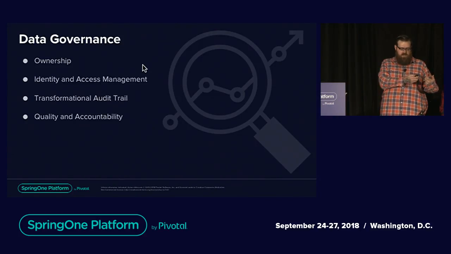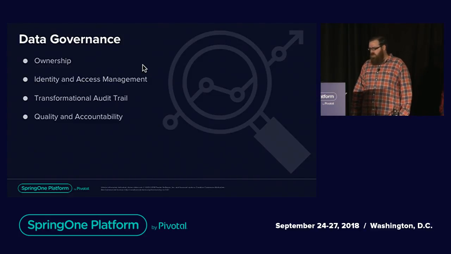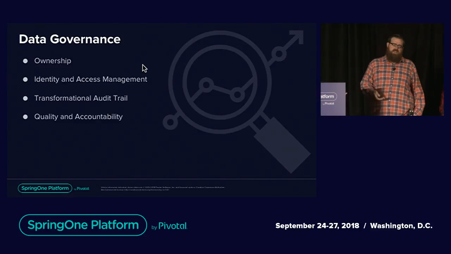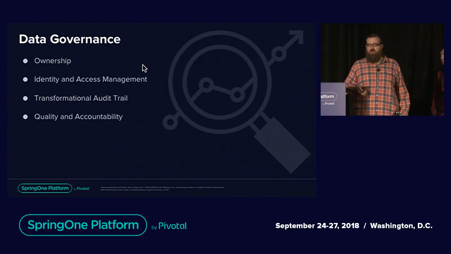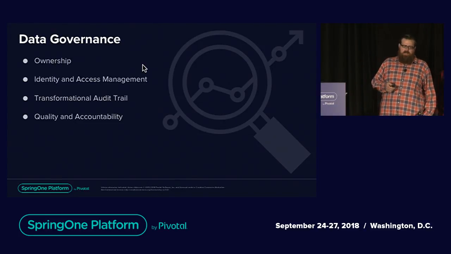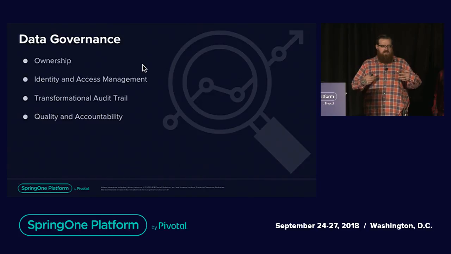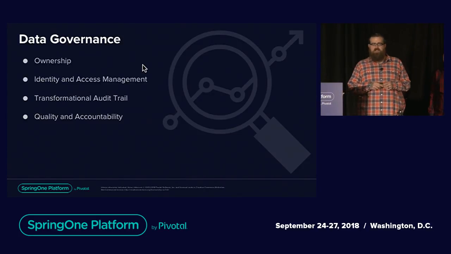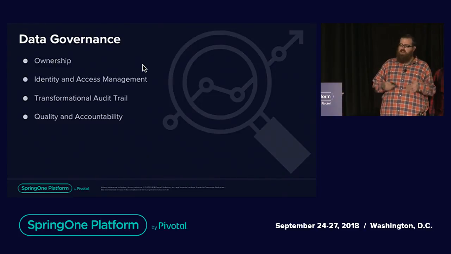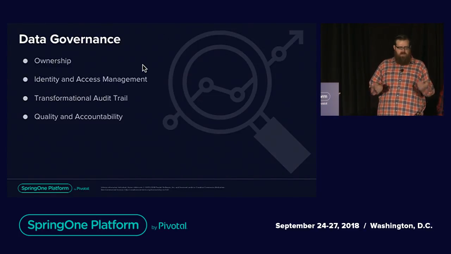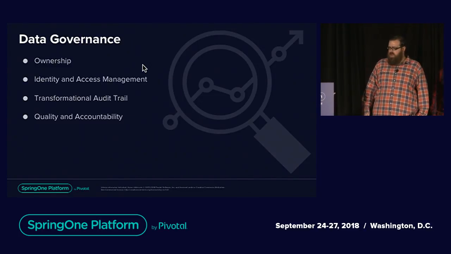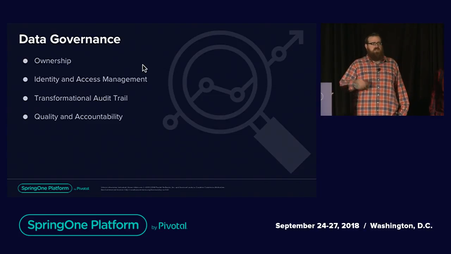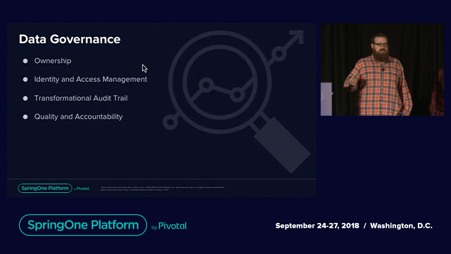Pivotal's Spring Cloud Dataflow is a tool to move it, but so far we haven't had anything that really identifies pieces of data in, say, an immutable way, right? So if I'm tasked with writing this criminal pipeline and I don't have any great solution to secure this data or tell people who owns these pieces of data throughout the lifetime of it, I don't know what you would do, but we would probably just add a metadata map to each piece of data going through, right?